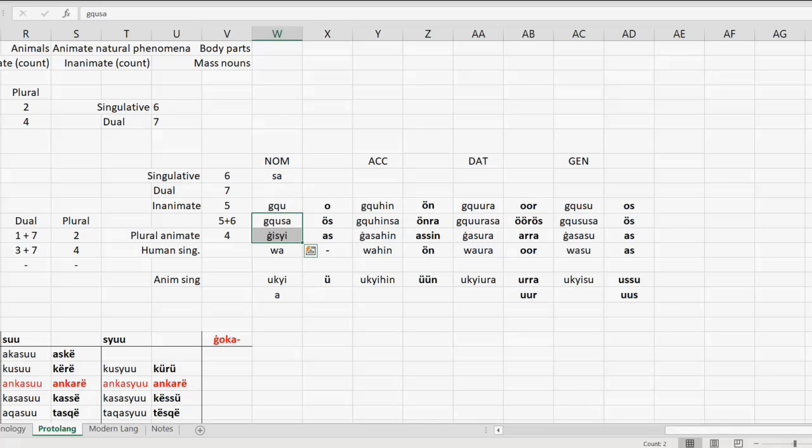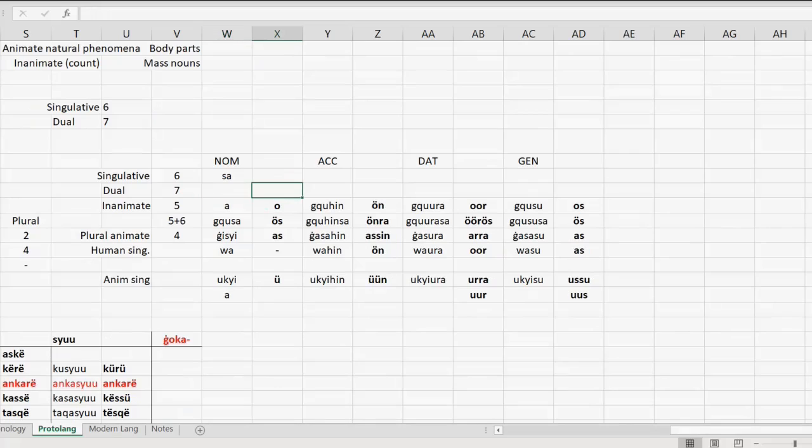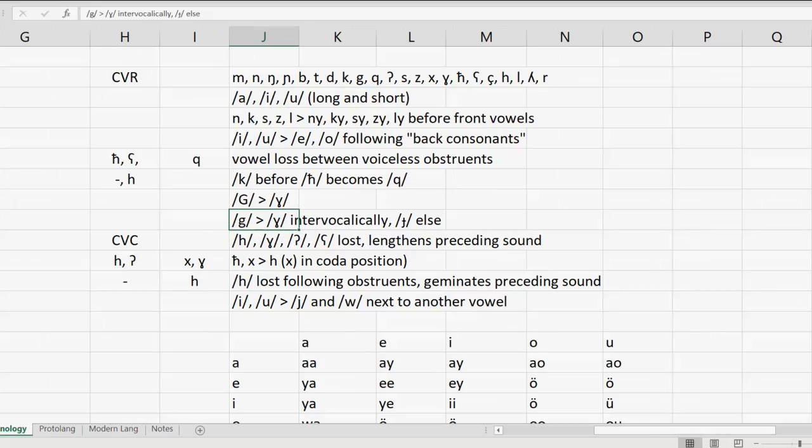It does feel a bit forced. It would still need to be a low vowel, so it would still need to use R. If we say then that this one is ga, with just a plain old G, that G is lost intervocalically very early on. It first becomes the voiced velar fricative and then it just disappears. So that will really quickly just get reduced down to a single vowel, which will then just get lopped off, which is perfect. But it only becomes the voiced velar fricative intervocalically, and everywhere else it becomes the voiced velar